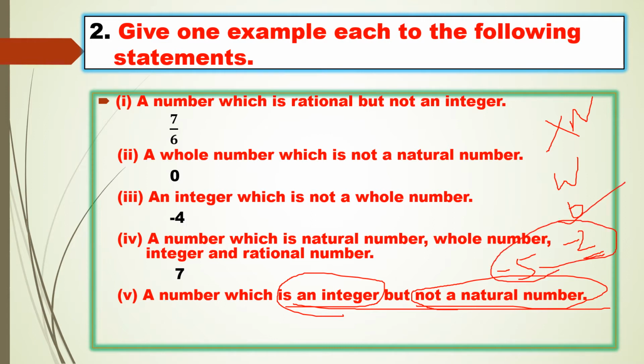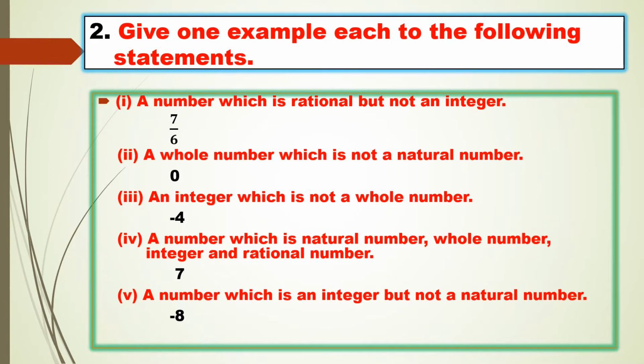Not a natural number means simple. Natural numbers are positive numbers, so you should not write positive numbers. So I can write 0 and I can write negative numbers. Okay. So here is your answer. I gave a negative number. Here you can mention 0 also because he asked only not a natural number. Means it may be a whole number which is 0, or you can write negative numbers also. Clear? So let us go to the next slide.